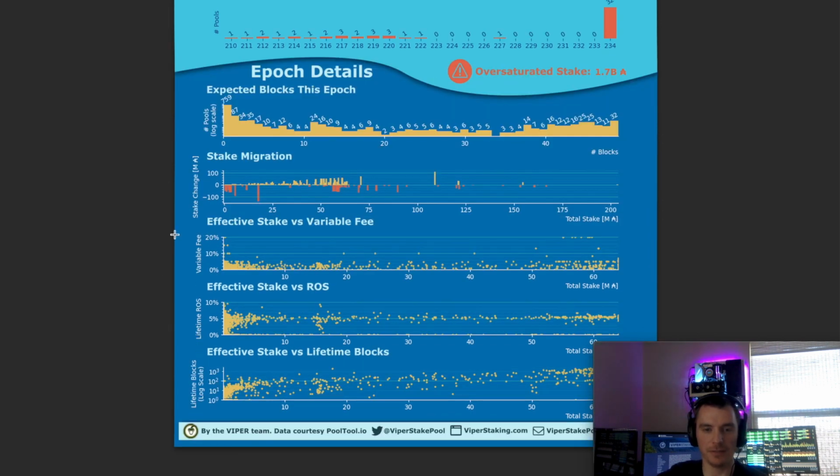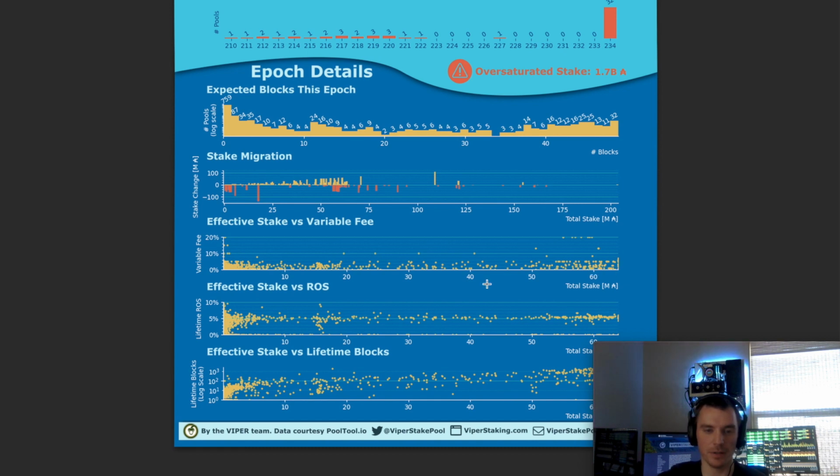Moving down to effective stake versus variable fee. So effective stake means stake that contributes to rewards. So this is stake that is not saturated. And this plot shows stake pools' variable fee as a function of their total stake. This plot does not show private pools that have their fees around 100%. I clipped this to 20% to show public pools so we get a little more fidelity in how these low fees vary. Since the scale is effective stake, we clip the x-axis here at 66 million, which is the saturation